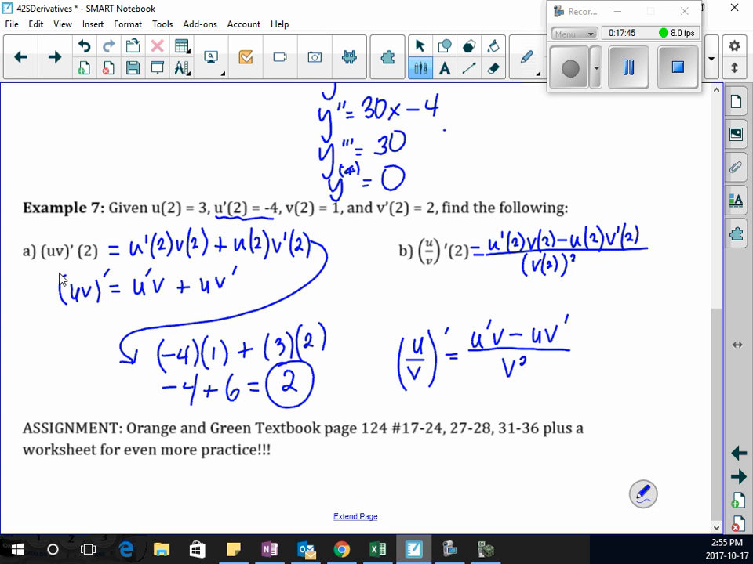So what is u prime of 2 again? -4. So -4, what's v of 2? 1, subtract u of 2, 3, times v prime of 2, 2, divided by, what's v of 2? 1 squared. So then we get -4 minus 6 divided by 1, which gives me -10. Final answer. All right, and we did